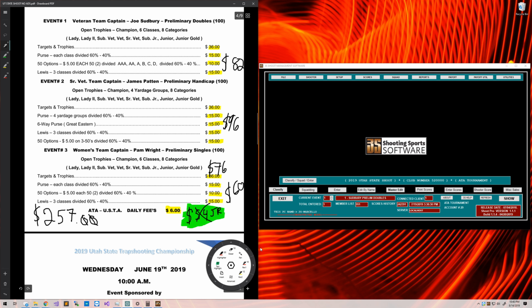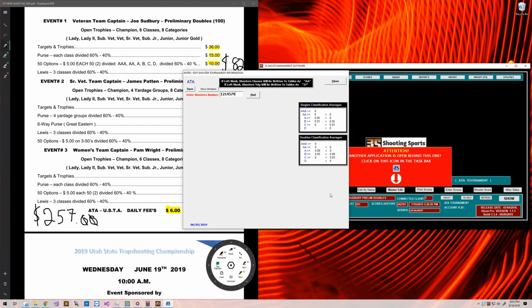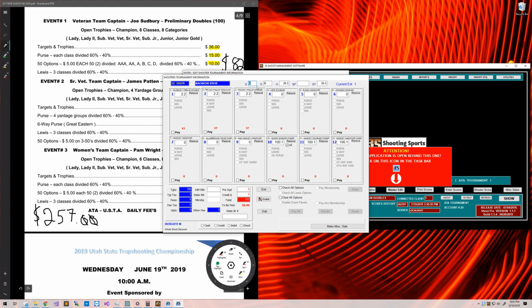And same thing here for the junior price. I'll go ahead and just erase all of this because I know that that is actually going to be $63 if they don't play any options. So if we come back here to cashiering, pull up my father again,